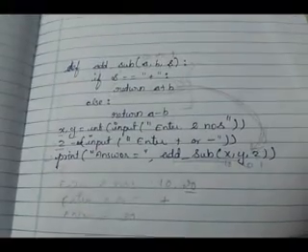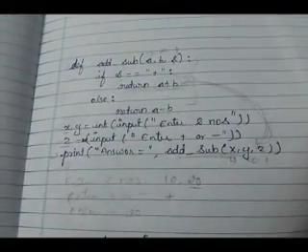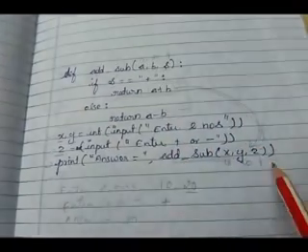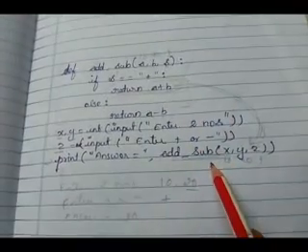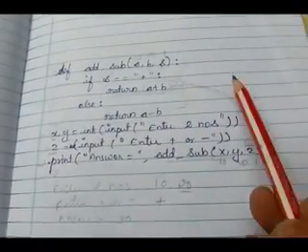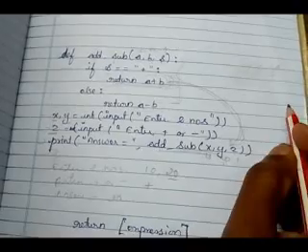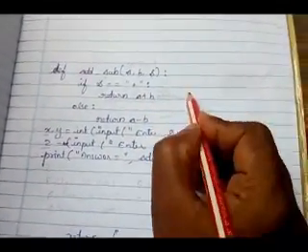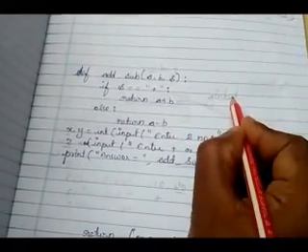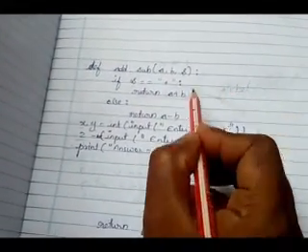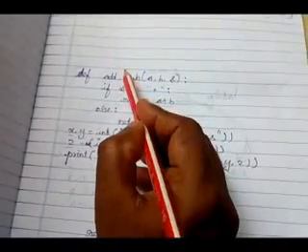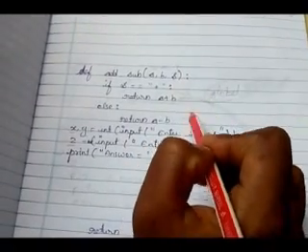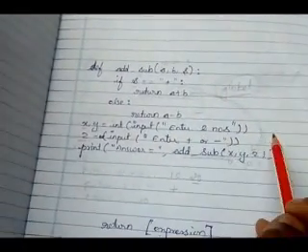Okay children, now we will see about global variables. This global variable we can use anywhere in the program: inside the function, outside the function, inside the block, outside the block, anywhere in the program. When we are using the global variable inside the function or inside the block, we should use the global keyword. Understand? When we are using the variable outside the function, we don't use the global keyword. When we are using it inside the function, we use which one? The global keyword.